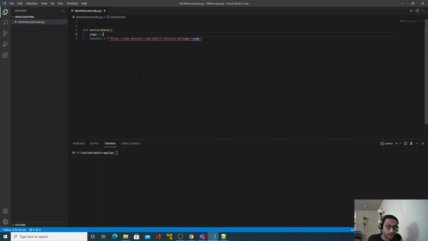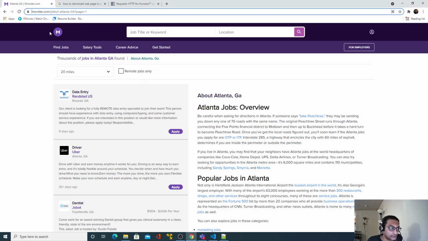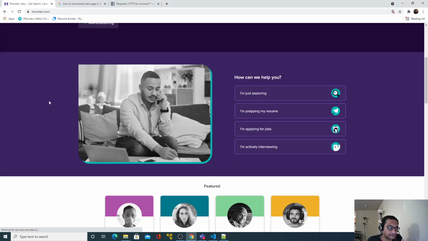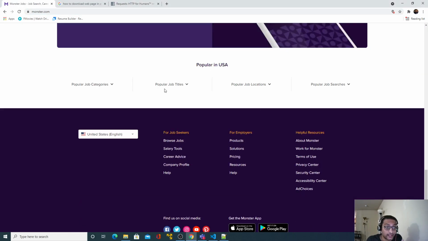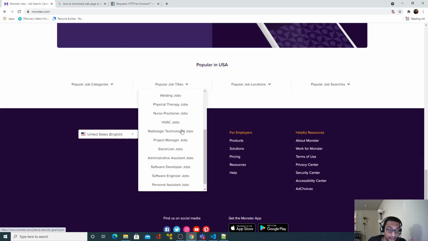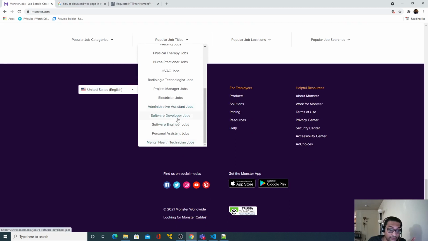And one more thing. Instead of going by state and city, I will go back to the main page, because I'm not interested in all jobs. Maybe I am interested only in software engineering jobs. As I said, at the very bottom you will see 4 different filters. In the second filter, if you click, there are 2 different job titles, software developer and software engineer.